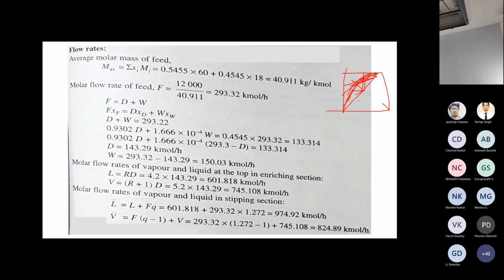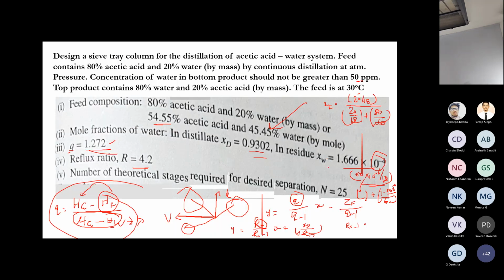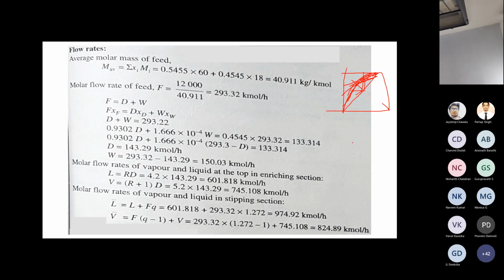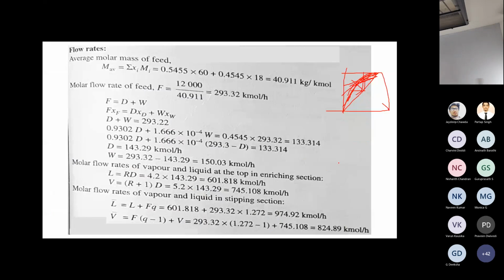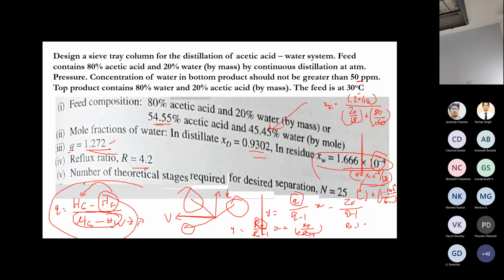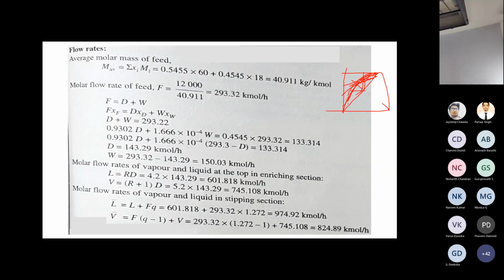Sometimes what will happen, especially in this case, if you see the concentration is very low. So the number of stages required to get 100 ppm or 1000 ppm is less, but for getting a very pure product you will get more number of stages. Here your operating line and equilibrium line will be very close, so you may require many stages, especially in this portion, this point. This is the point that you have to remember.